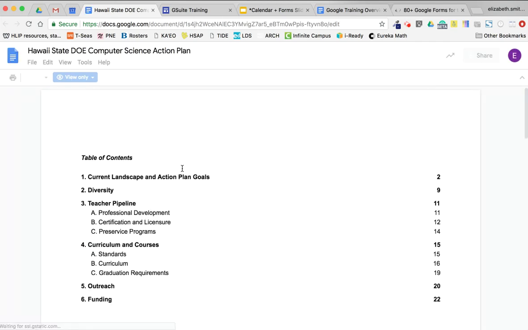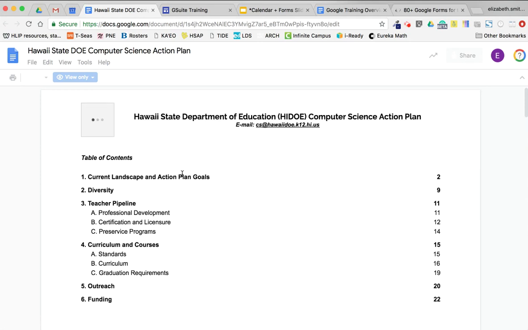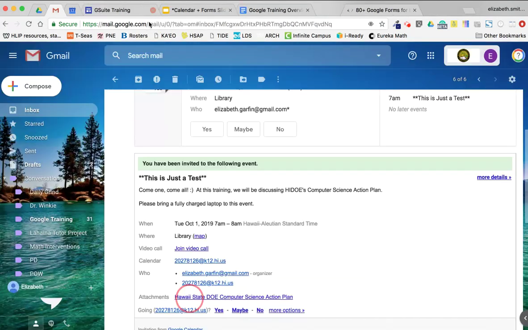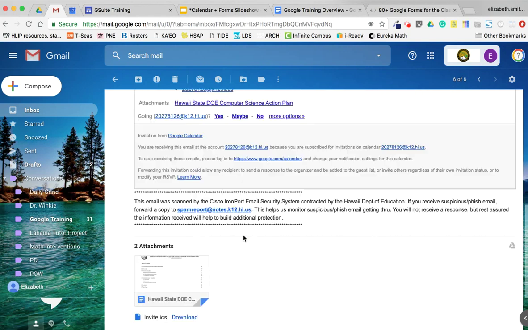Not that anyone truly cares, but just showing you that you can attach maybe your minutes for a PLC meeting or your PLC cycle thing that you wanted to talk about. So you can attach the links right in here so that you don't have to send emails to people when they show up. Everything that you want to talk about can be attached directly into your calendar event itself. So this is how it looks